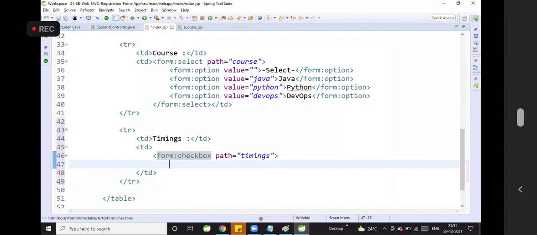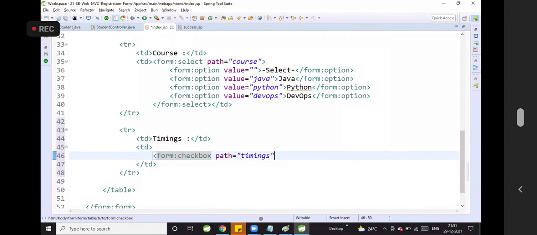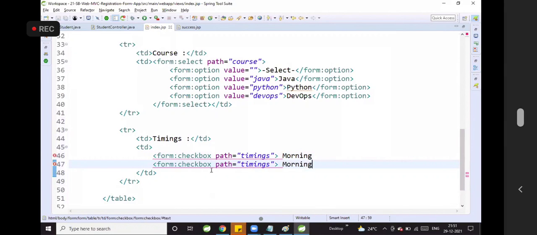Now what is the checkbox timing? First one is morning. Form colon checkbox, path is equal to timings. For checkbox, no end tag for timings. Morning and evening.